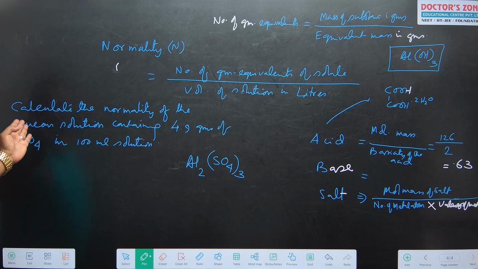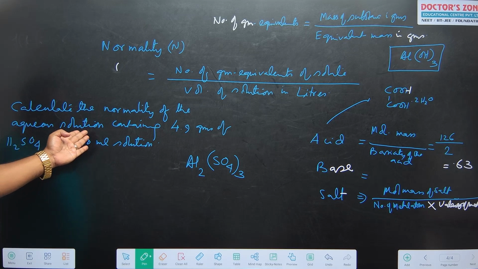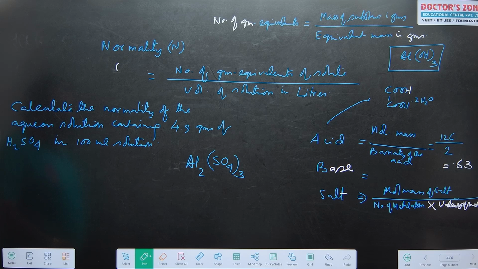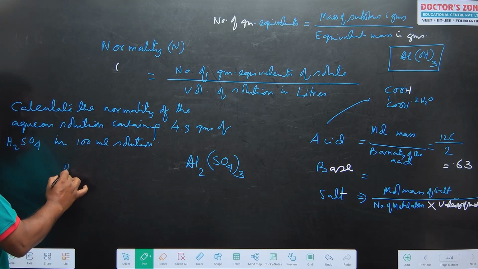Suppose this is a question: calculate the normality of an aqueous solution containing 4.9 grams of sulfuric acid in 100 ml of the solution. So if we do this step by step, first H2SO4,